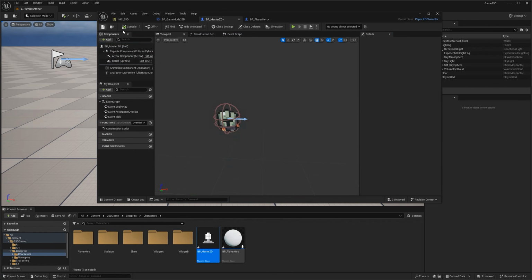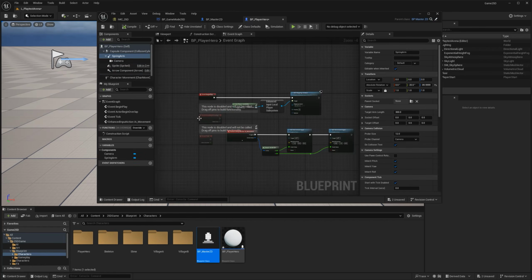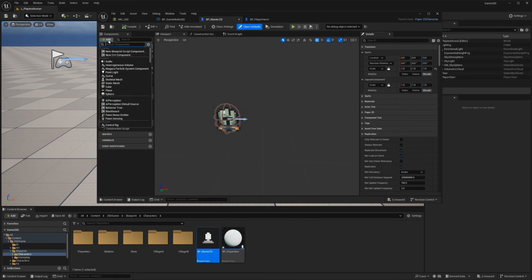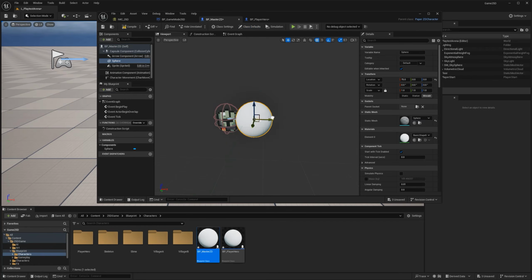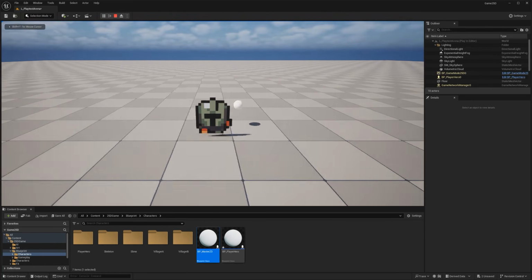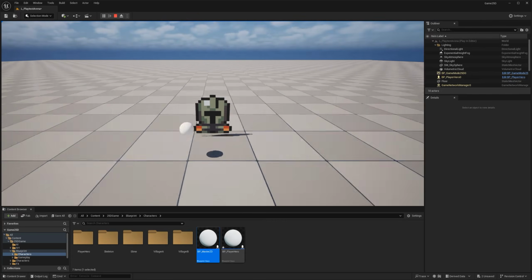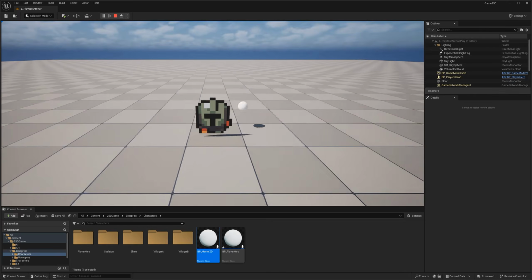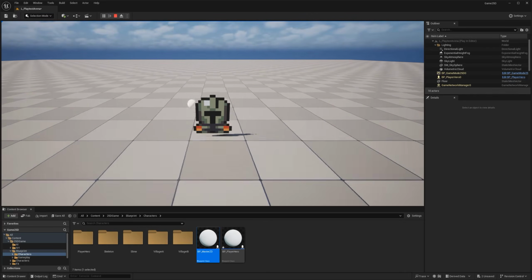I'm going to compile, save. I'm going to add the sphere here. Honestly, I think the issue was it was a child of sprite. So I'm just going to go here and put it all the way at the top. Let's see if this will fix the issue. Trial and error sometimes, folks. Dev is not easy. So I put it there and I press play. Hey, look at that. It looks like a mage. So now it's working. So yeah, the mistake was that I made it a child of the sprite, so it's literally moving with the sprite.